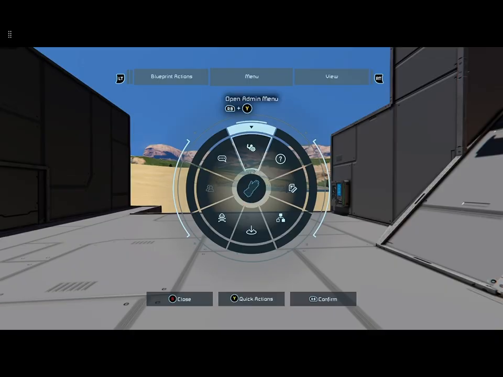The menu, we have admin menu, help screen, blueprints, progression tree, if you're playing with progression on, the spawn menu, which we will discuss again at some point, respawning, a player screen if you're playing in multiplayer, the chat,